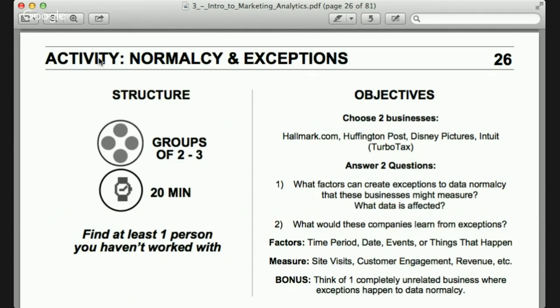Disney. Oh, it's just choose your business. There's so many groups you can't really. Hey guys, are you on your second business yet? What do you guys